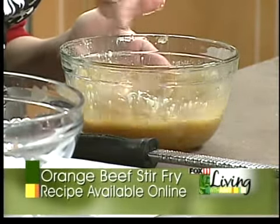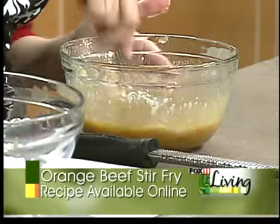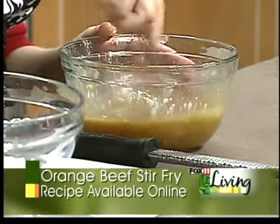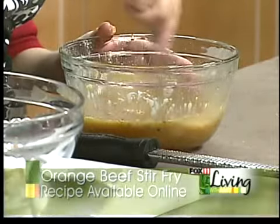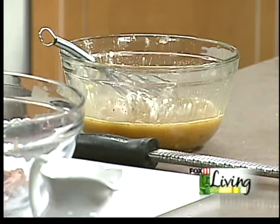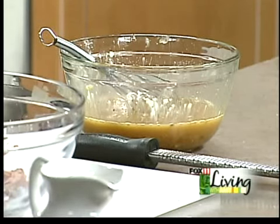It's really got a lot of flavor. Now, I like a little bit of heat. This is optional, but a pinch of red pepper flakes too is really nice in this dish. Works well with the saltiness of the orange marmalade, the soy sauce, and that little bit of heat. All right, I can tell we're doing good here. So let's get